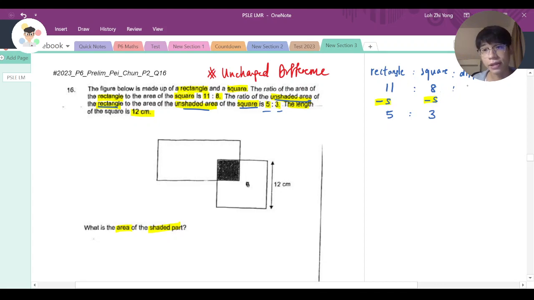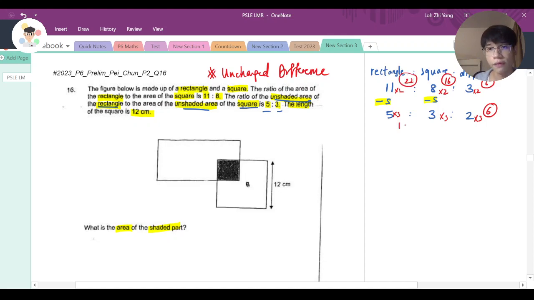So what's our difference here? 11 minus 8 is 3. What's our difference here? 5 minus 3 is 2. So the difference is supposed to be the same, but they're not the same. So we need to use LCM to make it the same. So what's the LCM of 3 and 2? It will be 6. So I times 2 here, times 2 here, times 2 here. So I times 3 here, times 3 here, times 3 here. So it will be 6, it will be 6. So it will be 16,